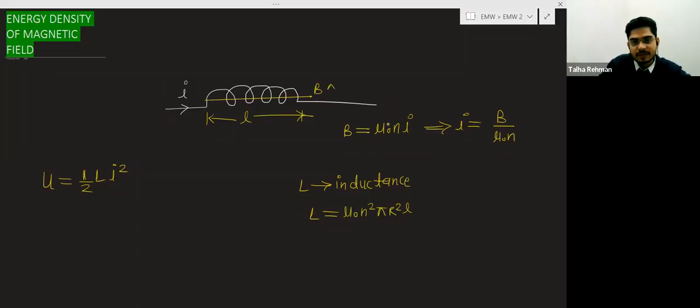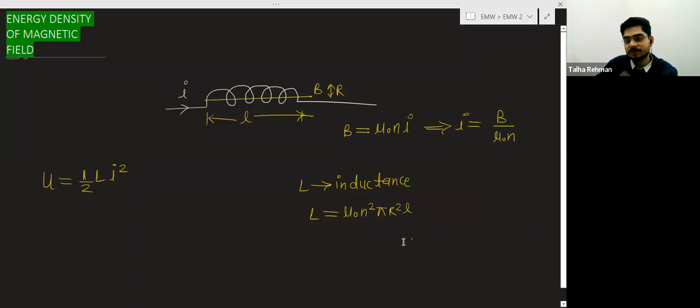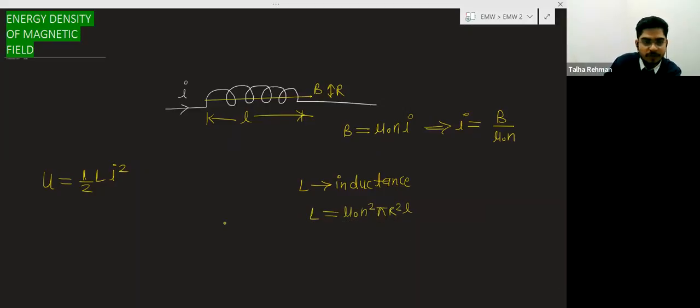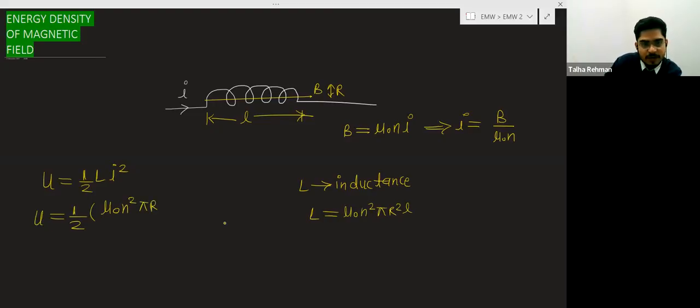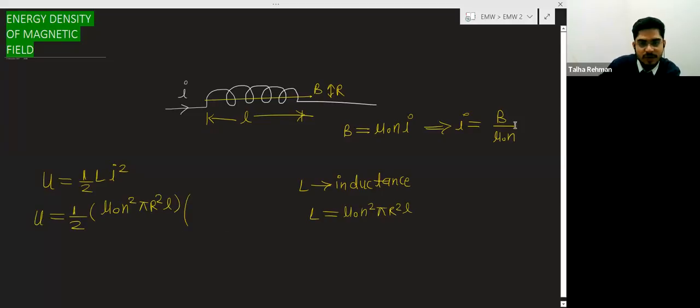If r is the radius of the solenoid, we have derived this in electromagnetic induction. So now we will put the value. Energy stored in the inductor is equal to half L I square, where L is mu naught n square pi r square L, and I square means the square of this I, it will become B square